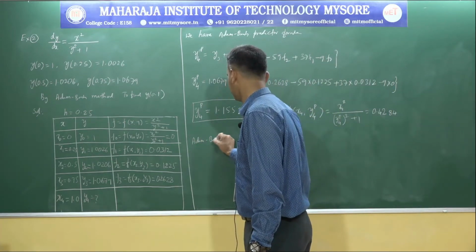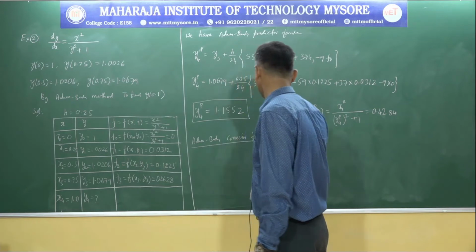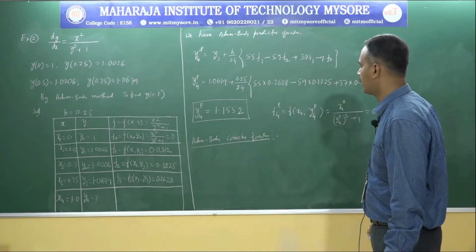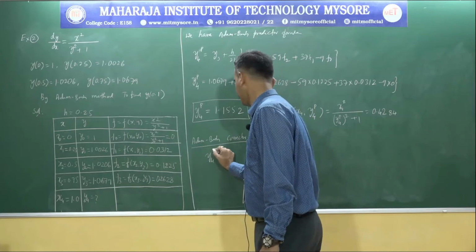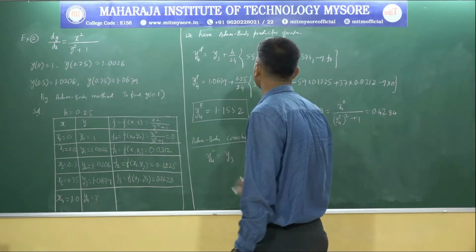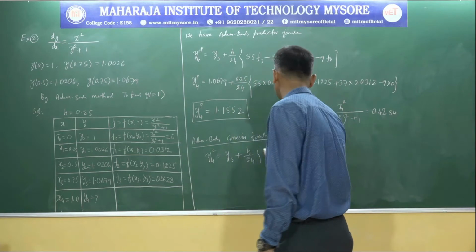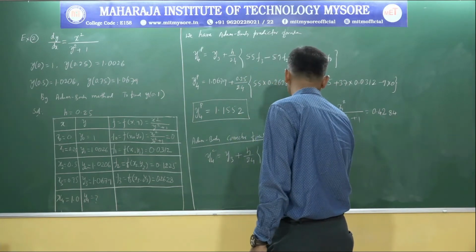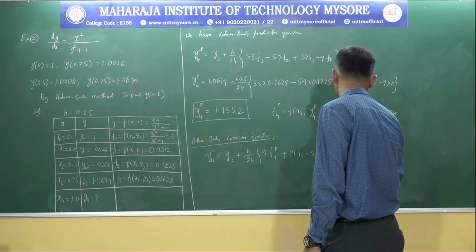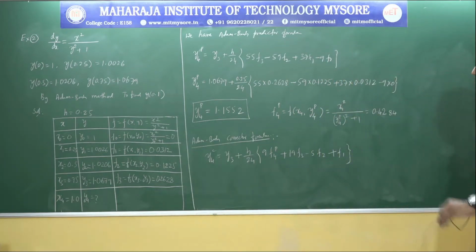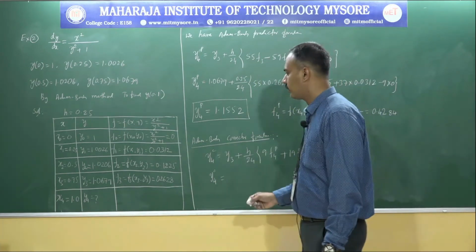Next, the Adams-Bashforth corrector formula. Here y4c is y3 plus h by 24, times 9f4p plus 19f3 minus 5f2 plus f1. Now for the observation, y4c, y3 here is